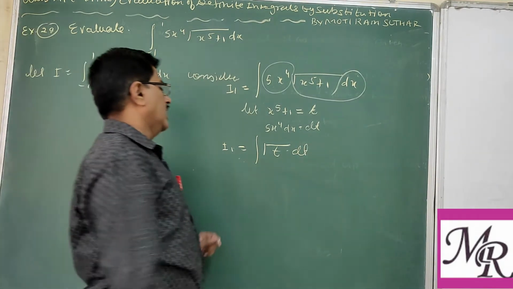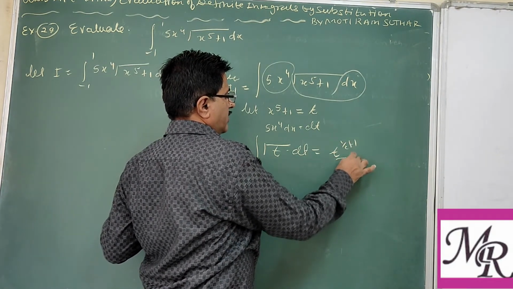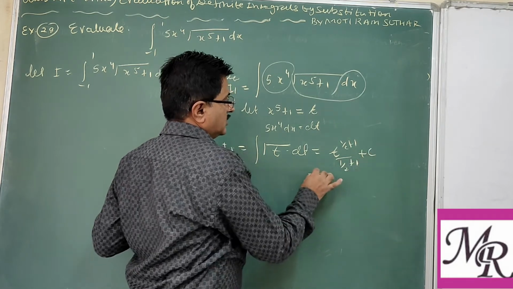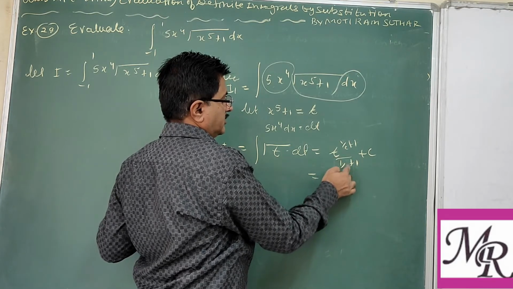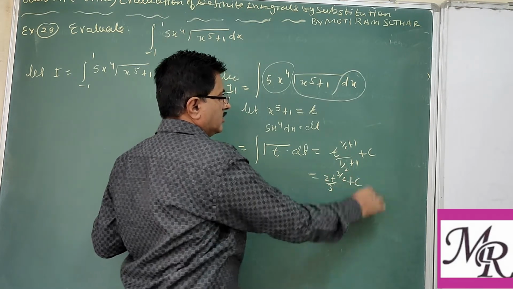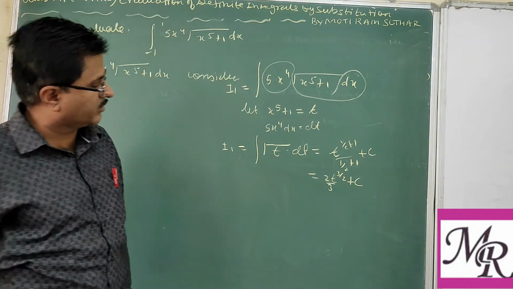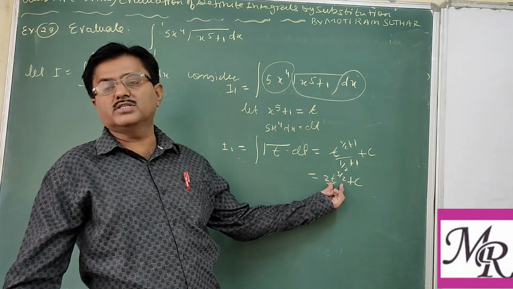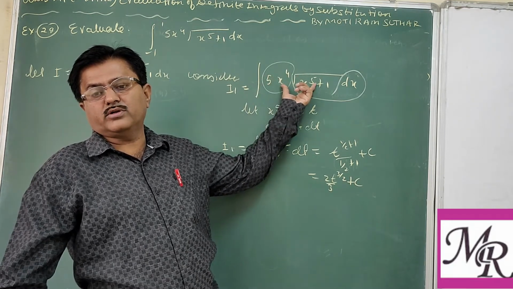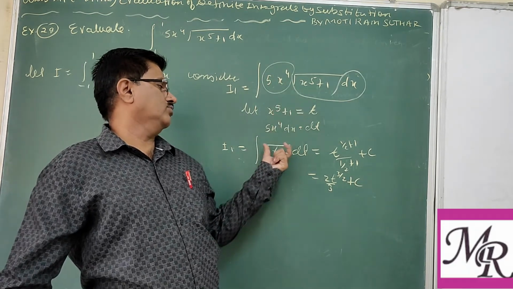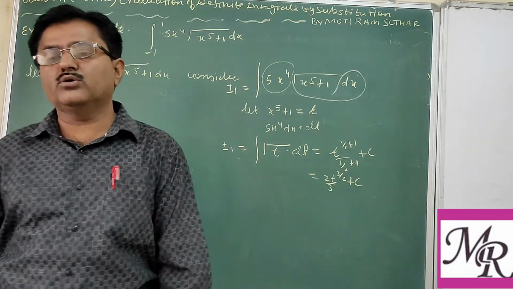Clear? So that can be written as t power 1 by 2 plus 1, plus c. So this is t power 3 by 2, and dividing by 3 by 2 gives 2 by 3. So we get the indefinite integral 2 by 3 t power 3 by 2. Now step three: we have to resubstitute. In the first step, calculate as an indefinite integral and put the substitution, and then you have the new form, and in the second step the new form can be integrated. After that you have to resubstitute.